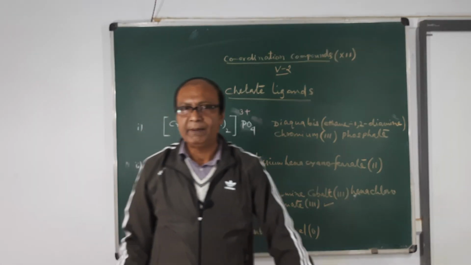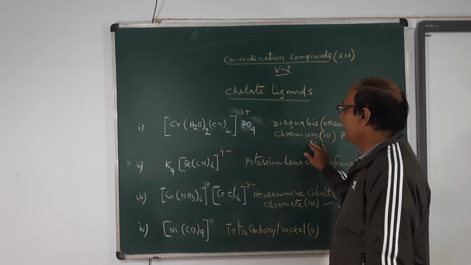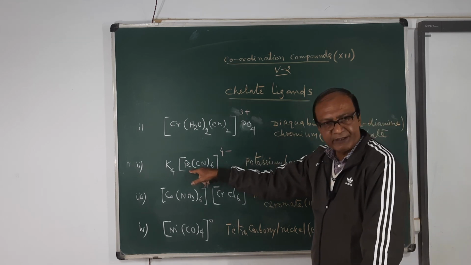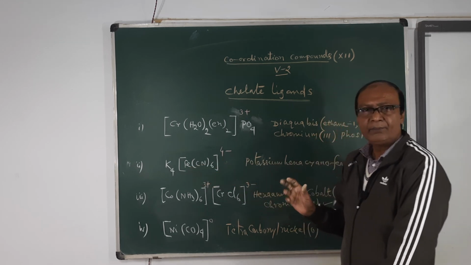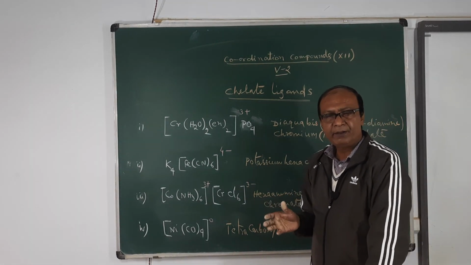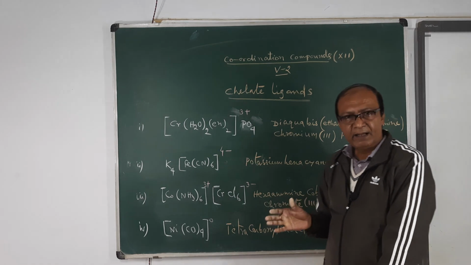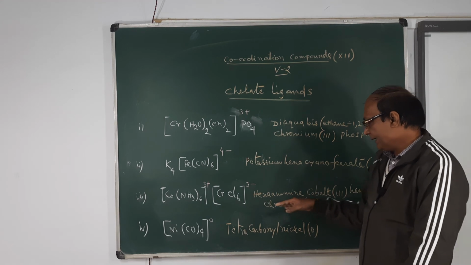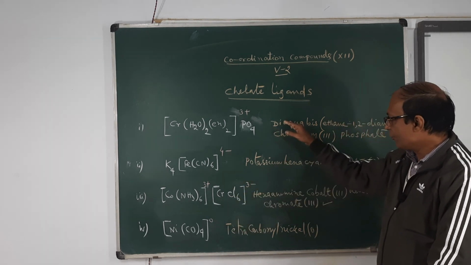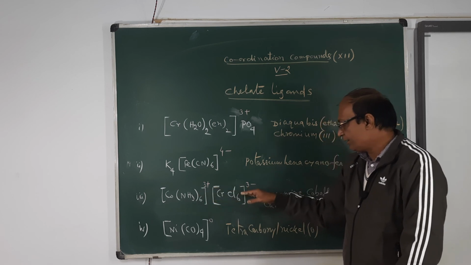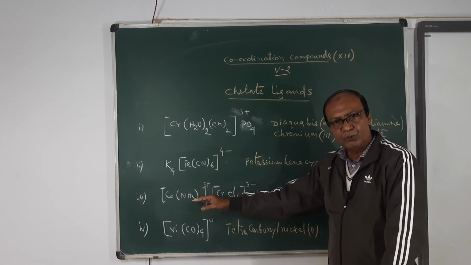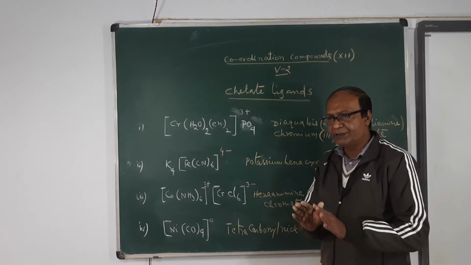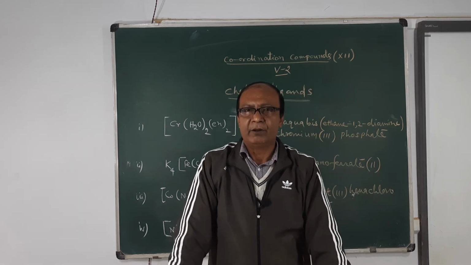So when you go to the naming of a cationic complex, this rule is followed: the English name is written. When you write the anionic complex, the Latin name with an ate ending is used: iron, ferrate; chromium, chromate; copper, cuprate; nickel, nickelate; manganese, manganate, like this. And in the case of a neutral complex, the name is according to the cationic complex. In the case of a cationic anionic complex, the rule is that for the cationic part you use the cationic process, and for the anionic part you use the anionic process. So these are some things about IUPAC naming of complex compounds.